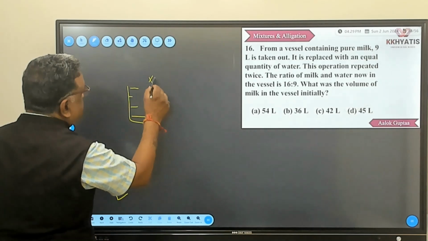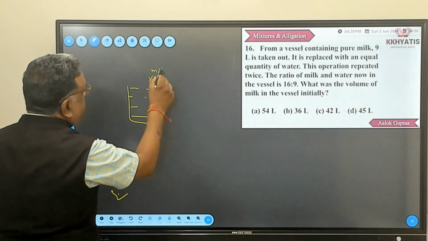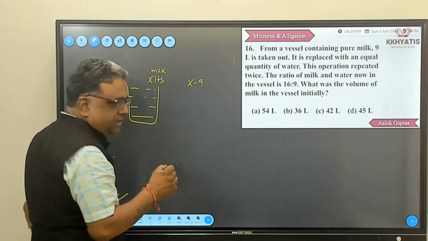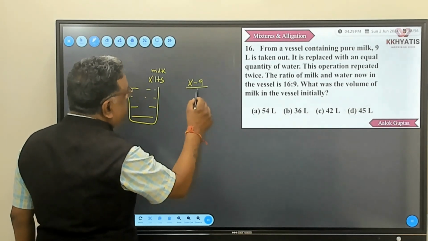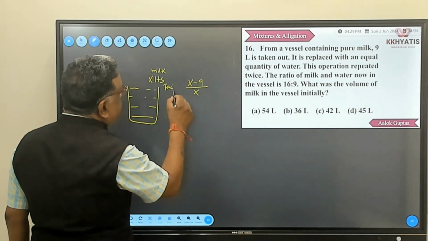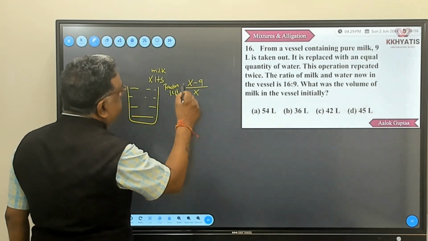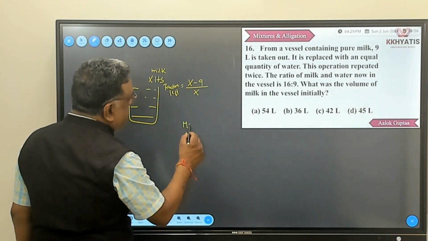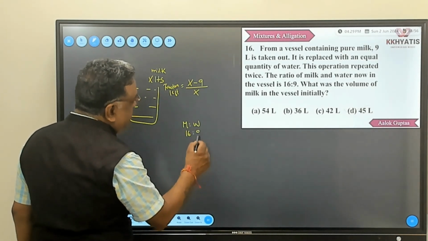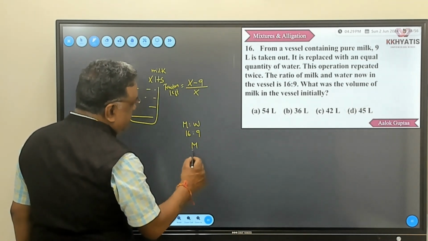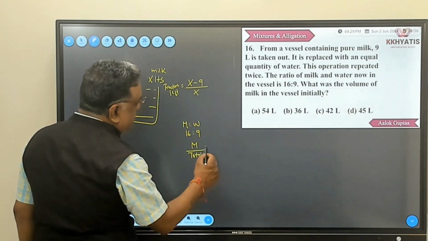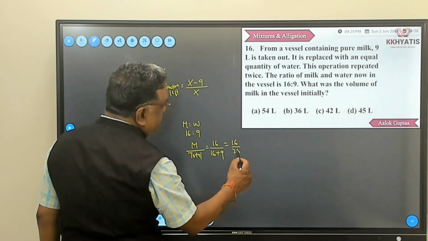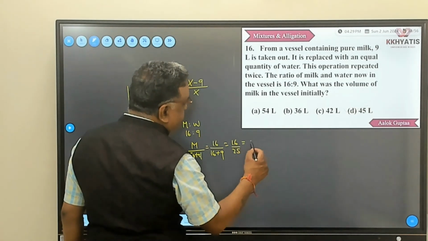Let us say there was X liters of milk in it. 9 liters is taken out. So how much is left? X minus 9. And the fraction left is (X minus 9) upon X. Now finally, the ratio of milk to water is 16:9, which means milk upon total would be 16 upon 16 plus 9, that is 16/25, which means this is final quantity